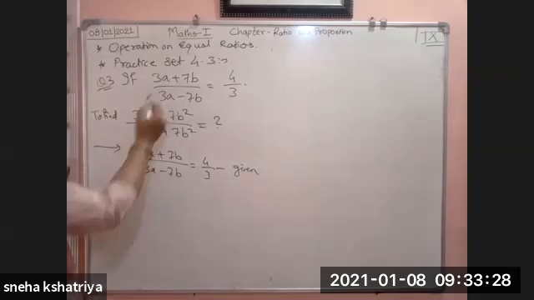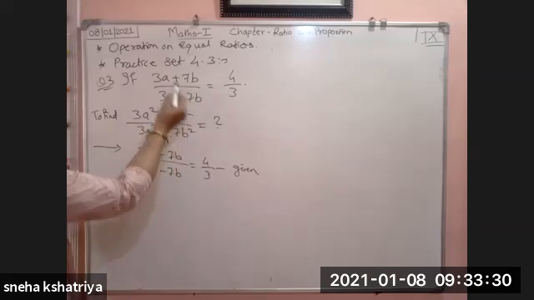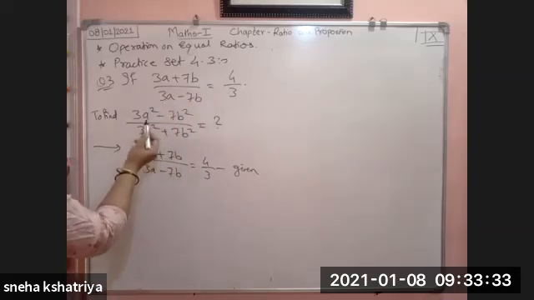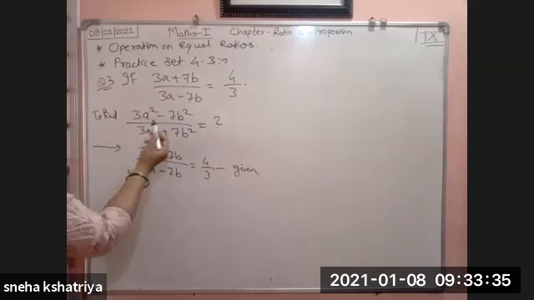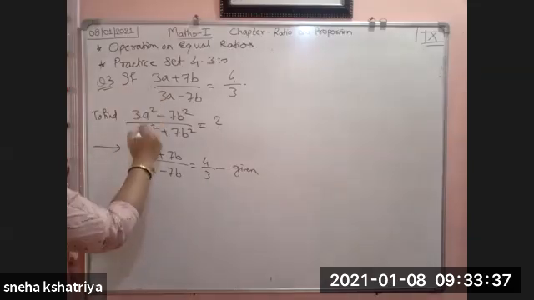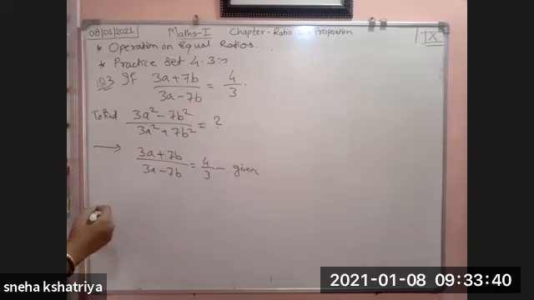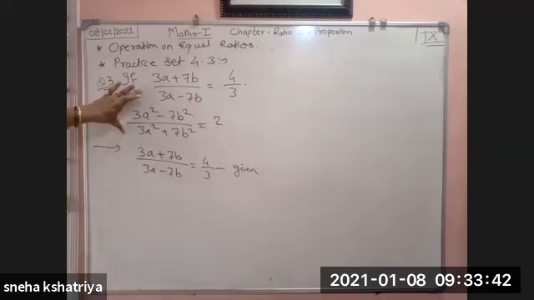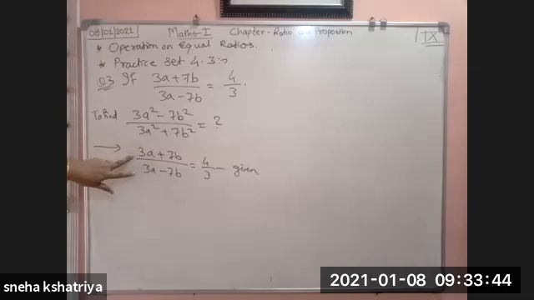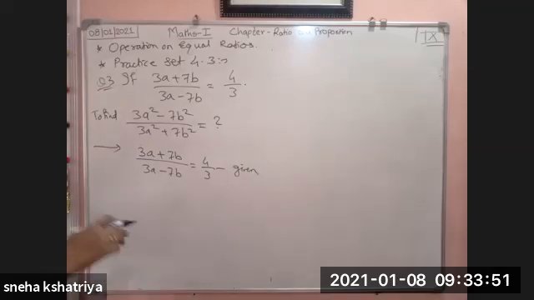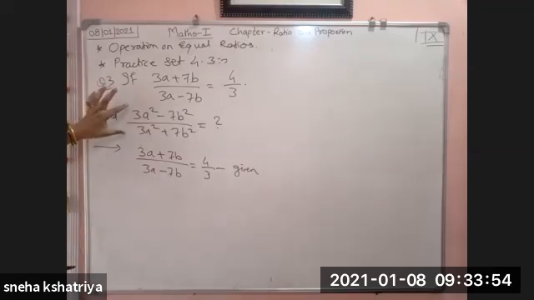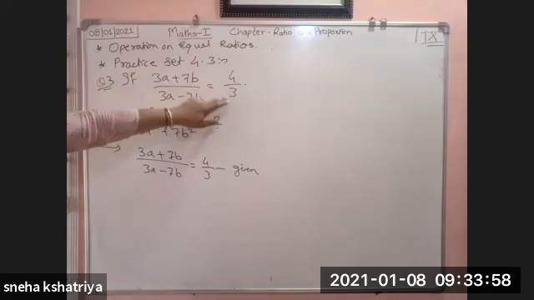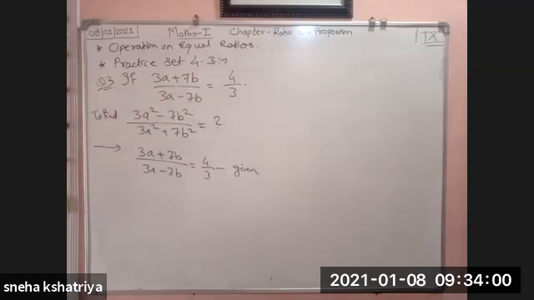Because see here, a square is done, b square is done. Whatever the constants are, the multiples of 3 and 7 for a and b, they are the same; here is also 3 and here is also 7. There is no change they have made in this expression. But still we have to find out the values of a and b, and then we will have to solve this. Okay. Many of the times, students just take the square of both the sides. Here they take 4 square and 3 square, and write the answers.